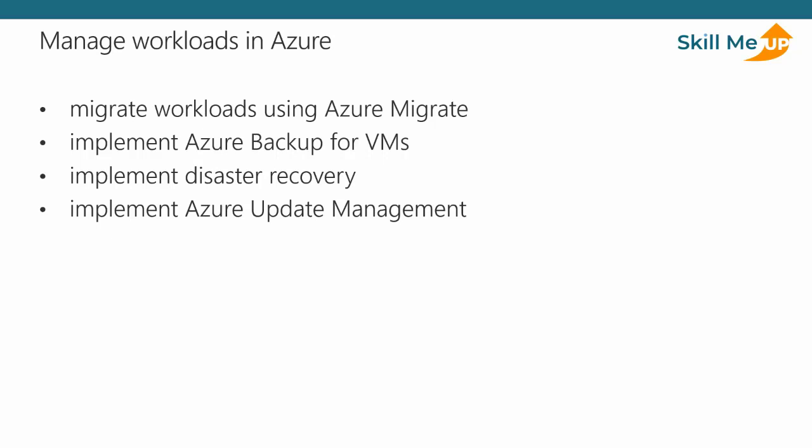Once you have it up and running in Azure, or you have machines even on premise that you want to make sure are available in the event of disaster, there's the Azure backup option. Now the Azure backups, if you're running a virtual machine in Azure, it's a simple option of going in, configuring the backup, saying, hey, I want to go ahead and back this up with this backup vault. You can set up policies to say how long you want to retain that data. So you can do